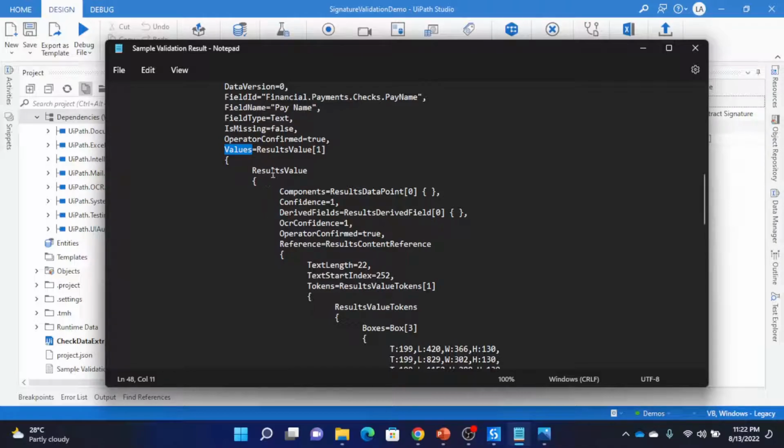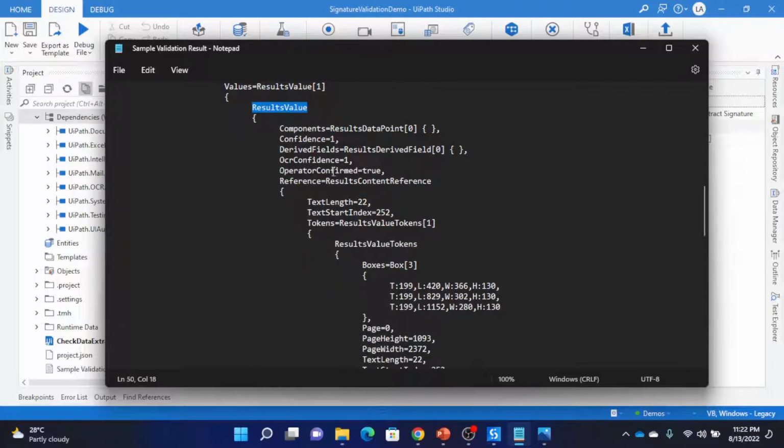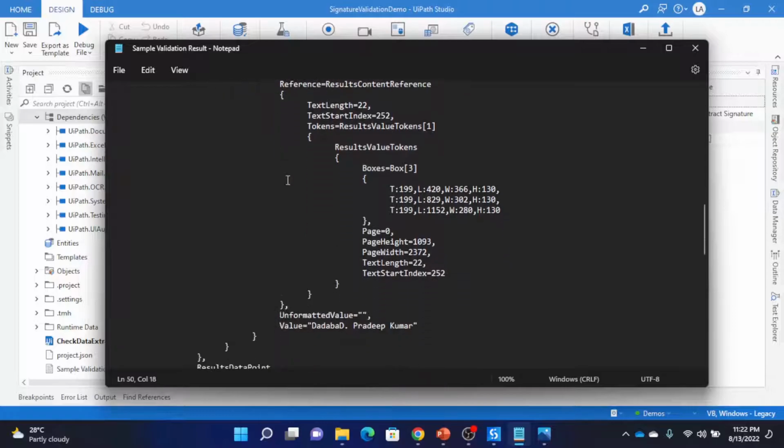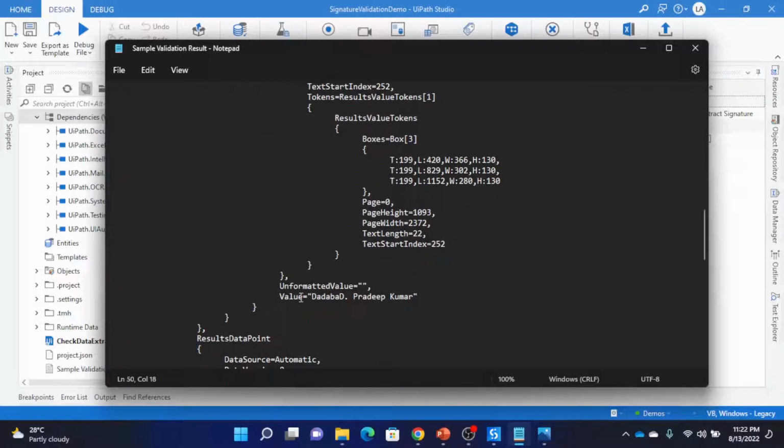If we go inside values, we have the result value. And for that, we see the OCR confidence. And if we scroll down under value, we see the extracted value. So this is the name that we saw. And for that same name,